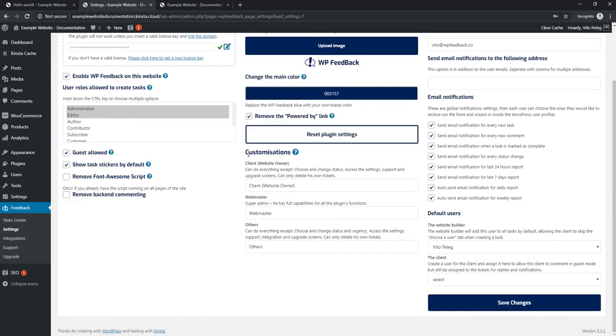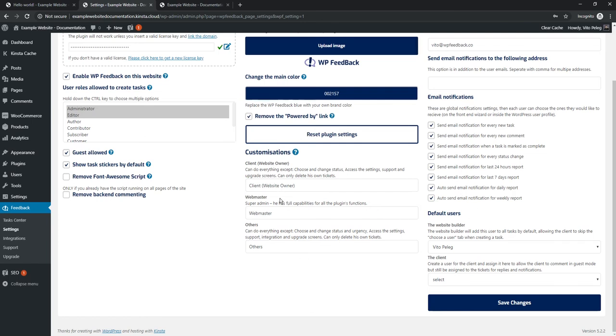Continuing down, we have the customization. So we have our user roles, and this allows us to create some magical things in terms of how each and every user should be using the plugin. Because I already installed the plugin itself, it knows that I am a webmaster, and it assigned me here as the website builder. But on the front end wizard that we've seen before, as soon as someone lands on the